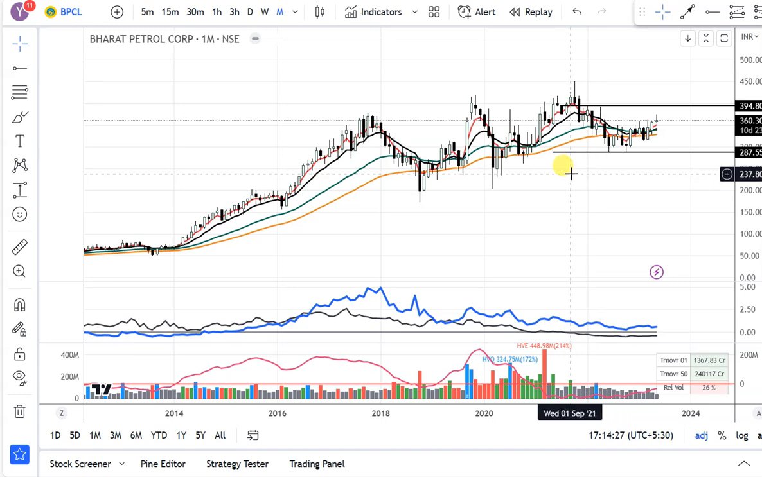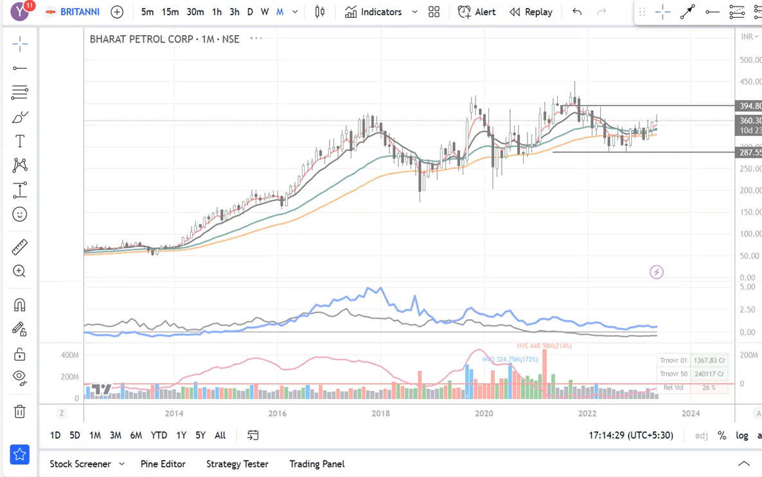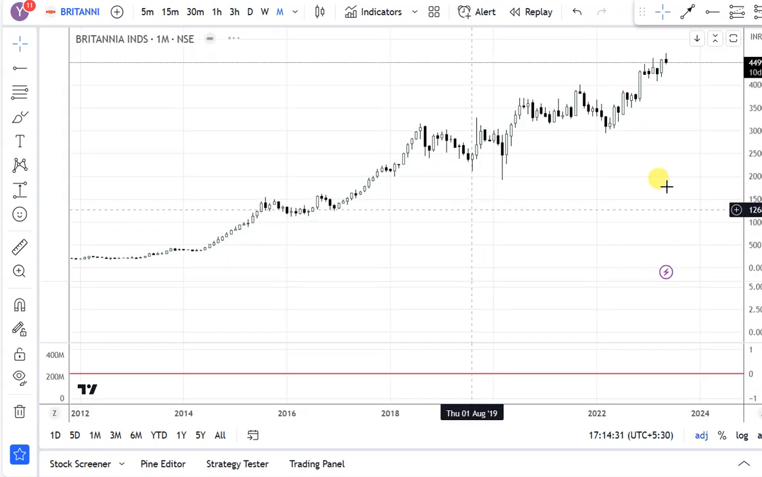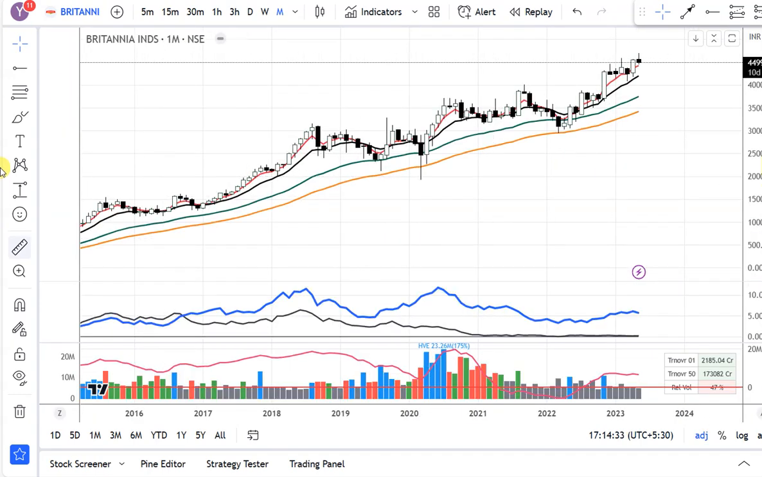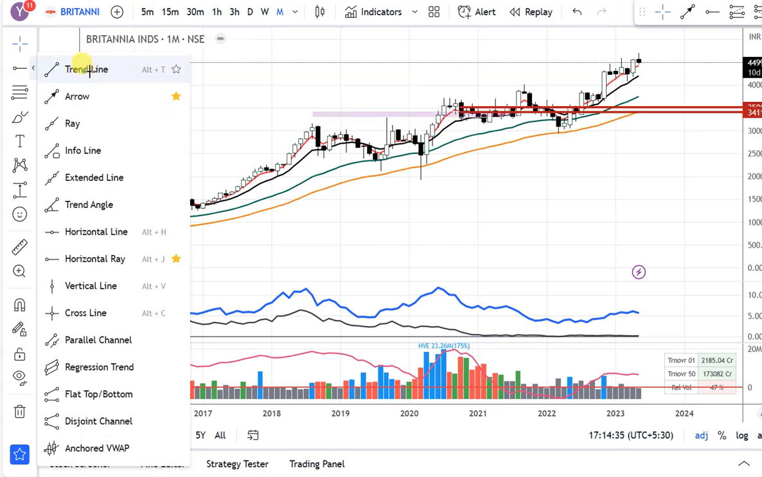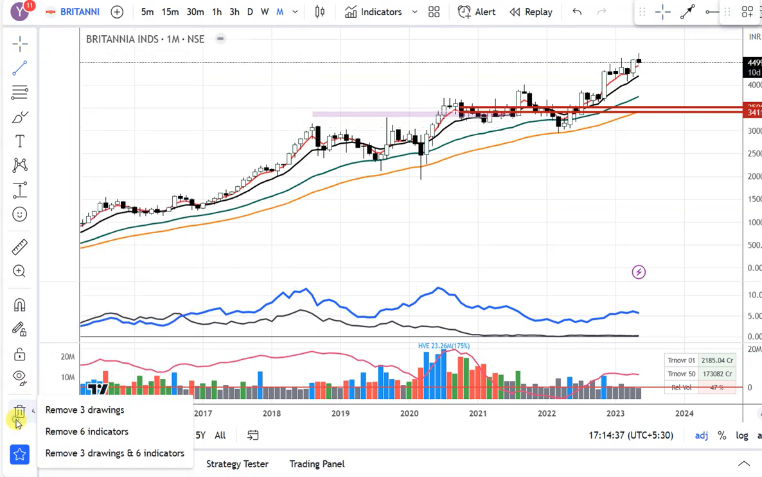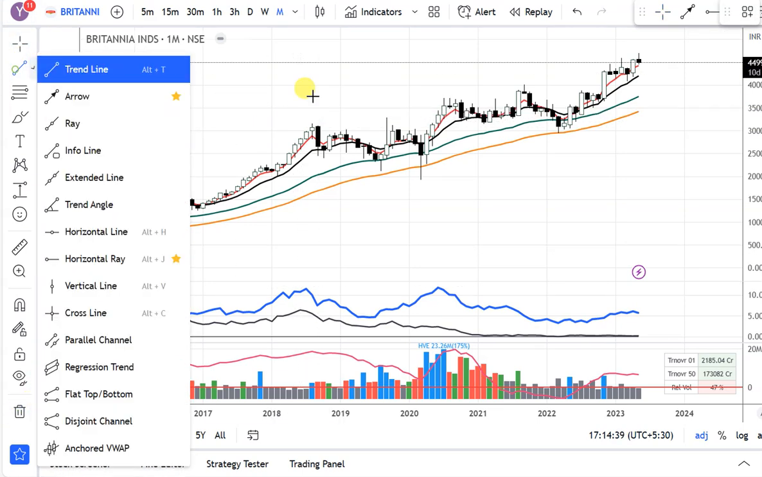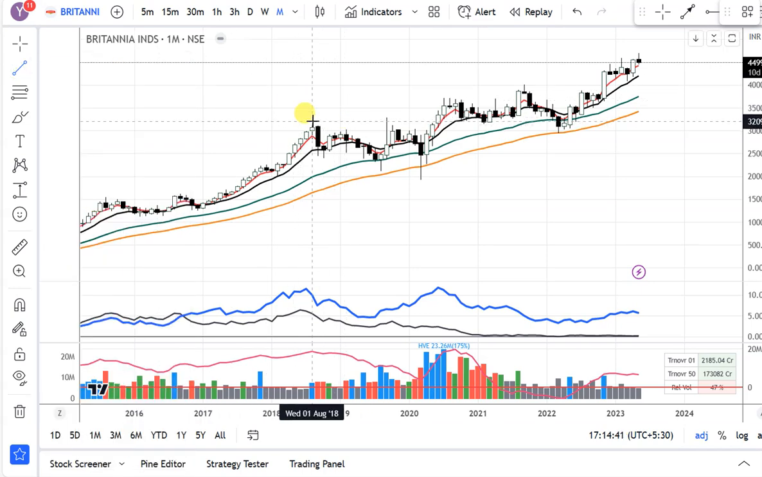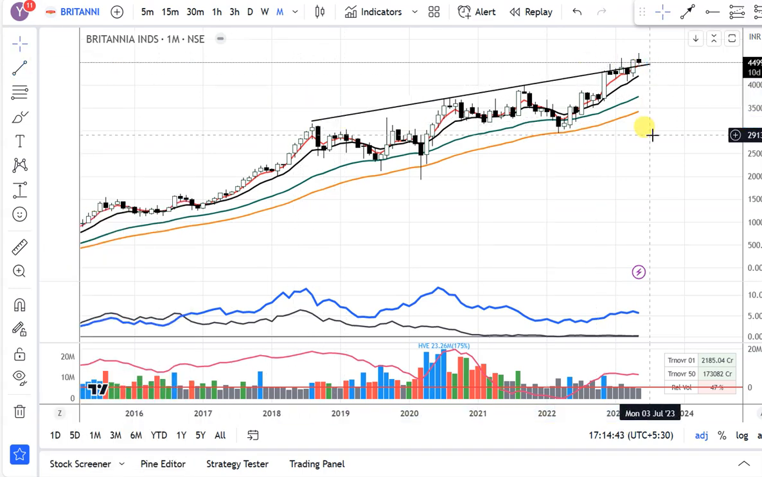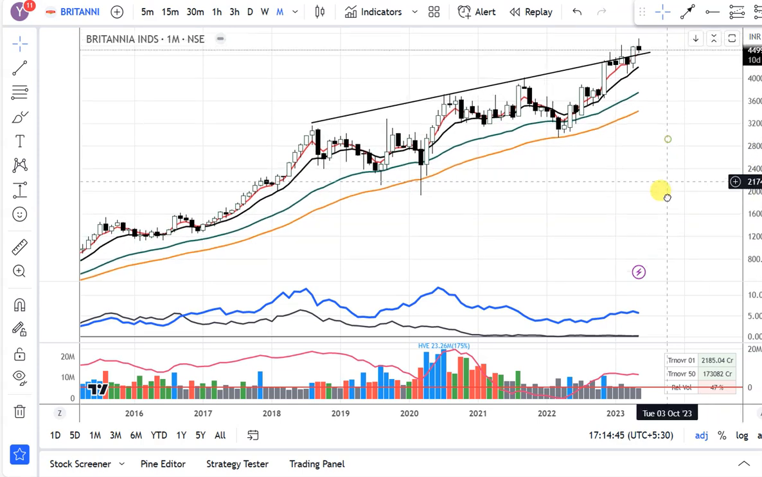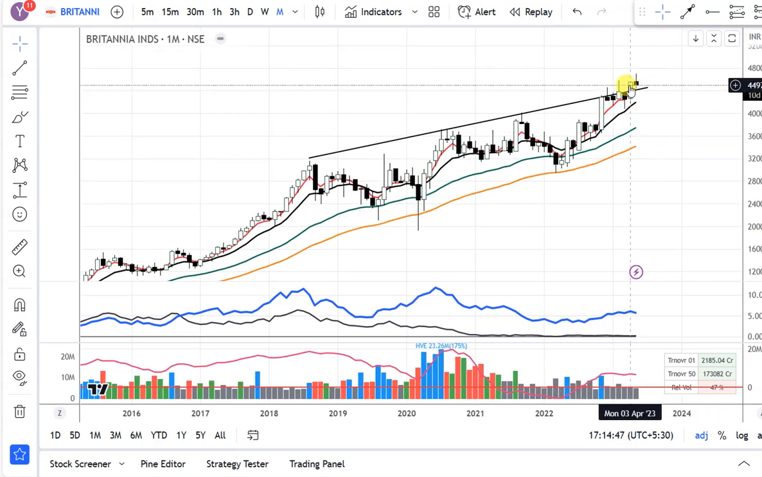Now Britannia. Britannia, let's connect this series. See, Britannia has given a very wonderful breakout of this candle. A strong breakout of this resistance, and we had a strong upward channel, and this becomes your sideways. If you don't want to connect, you can connect these areas. So this becomes your